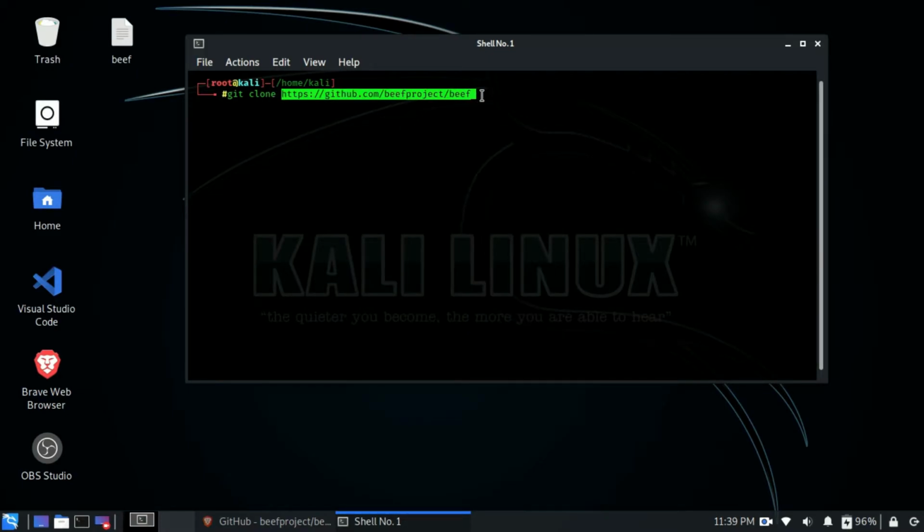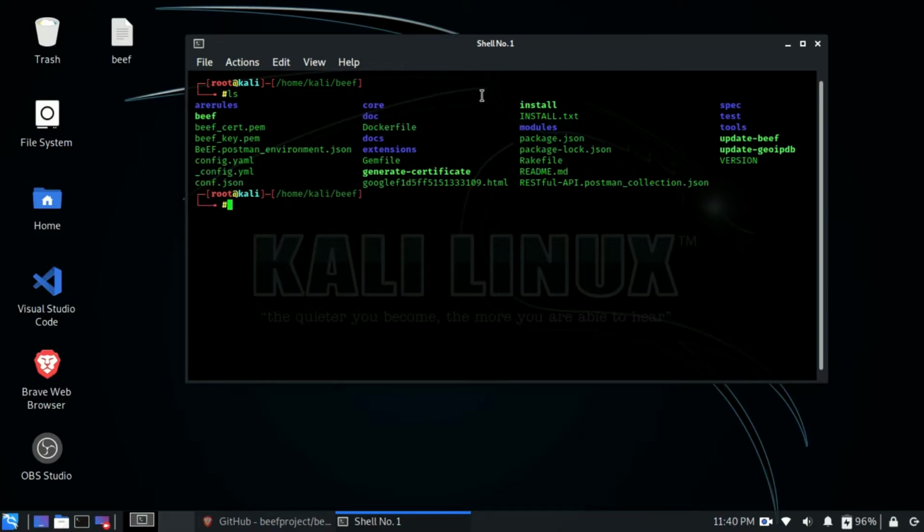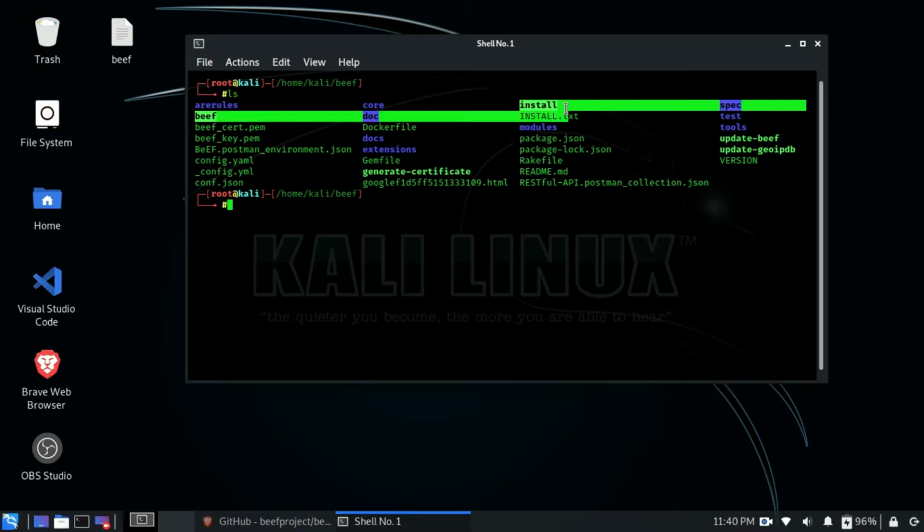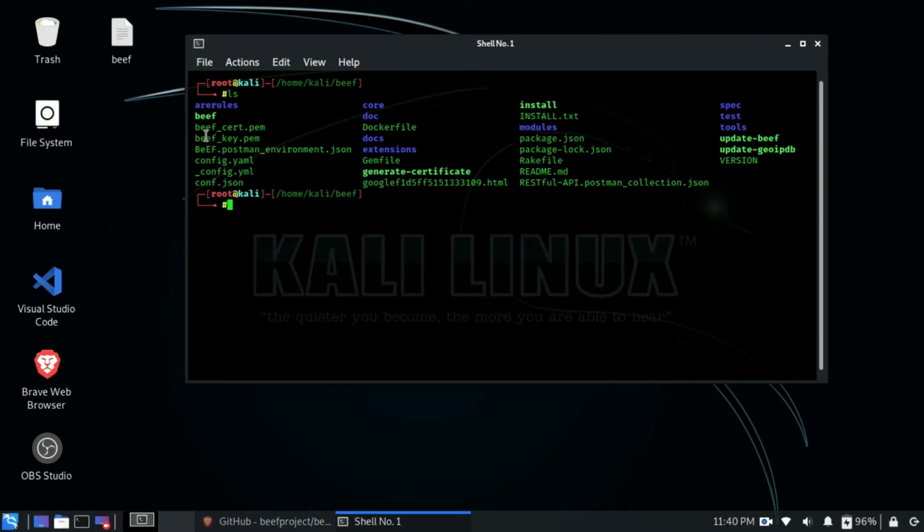After that the BeEF repository will be cloned in our local system, so we can access it by going to the folder. Let's see what files are available in this repository. As you can see, there are two main files which we are going to execute. The first file will be the install file. This is an executable file. We will first run this file in order to install all the dependencies BeEF framework uses in order to run. Then we will run the other file in order to run the exploitation framework.